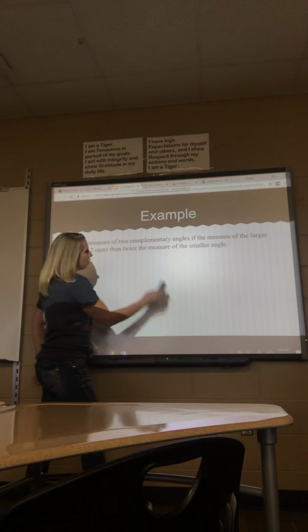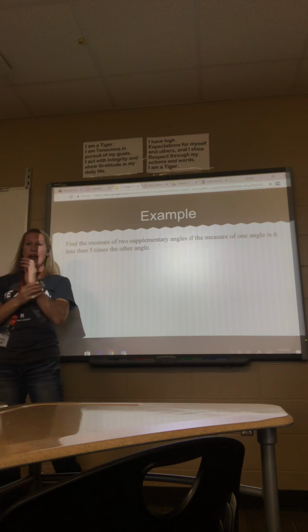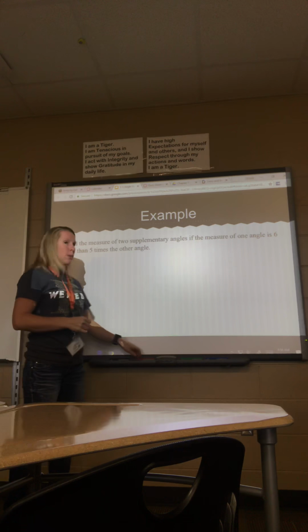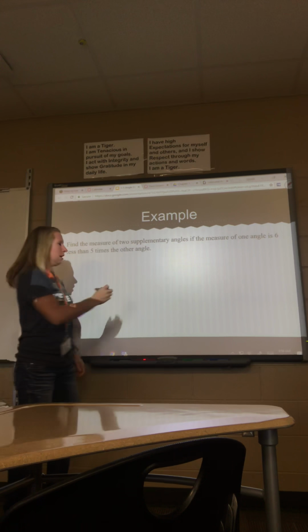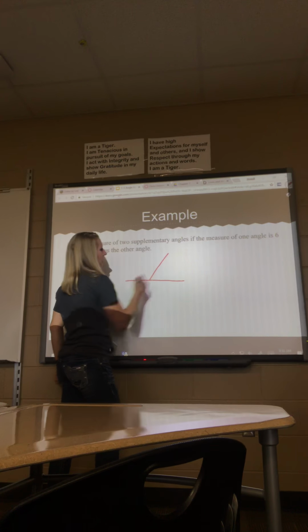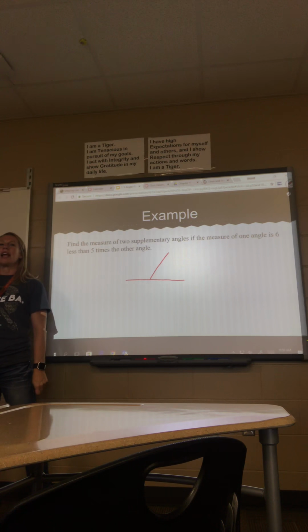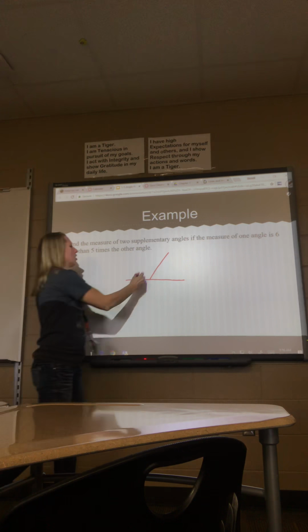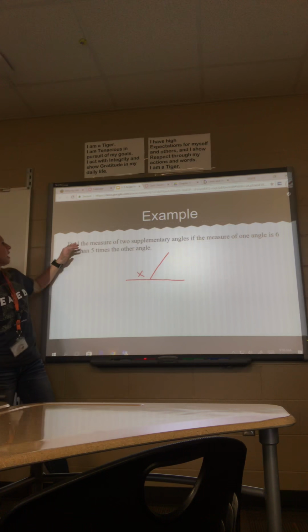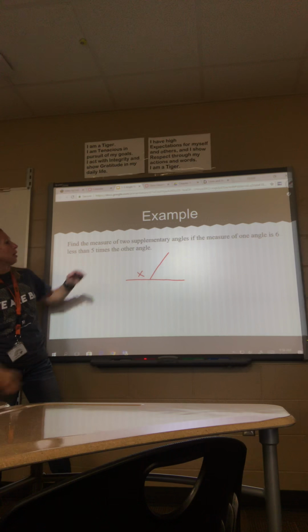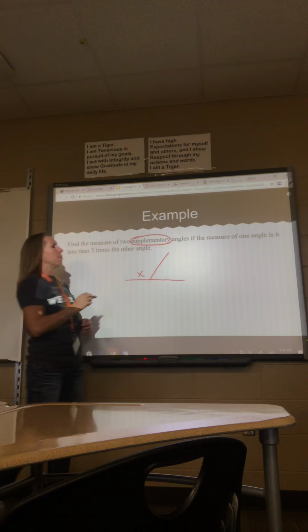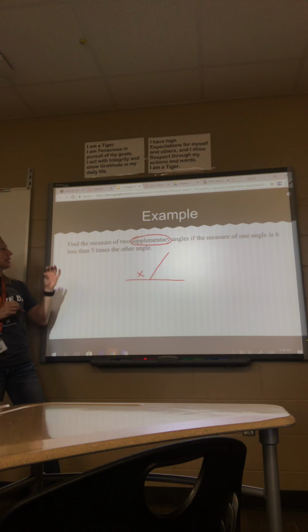I want you to draw a linear pair. 180, linear pair. What's a linear pair look like? It looks like a line. Call one of the angles X. Pick an angle, call it X. Doesn't matter which one. Says find the measure of two supplementary angles if the measure of one angle is 6